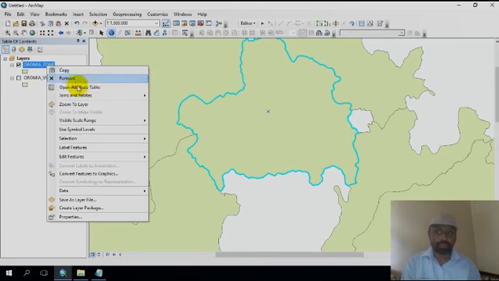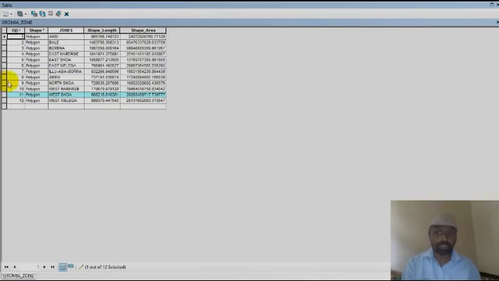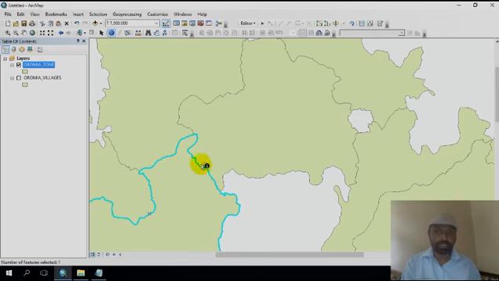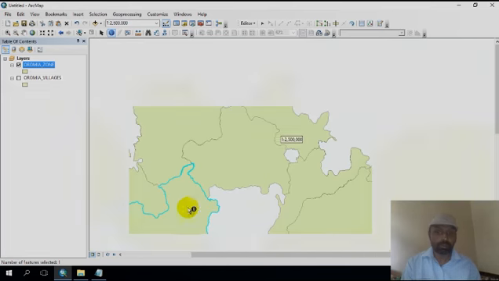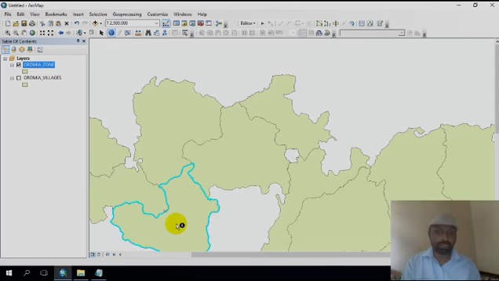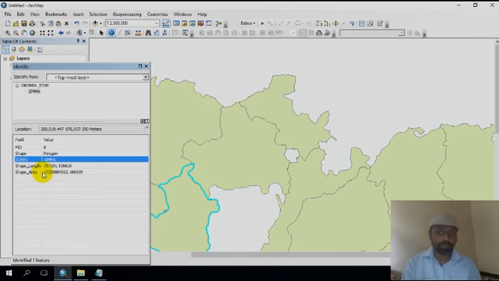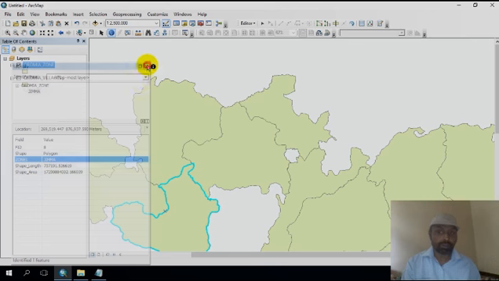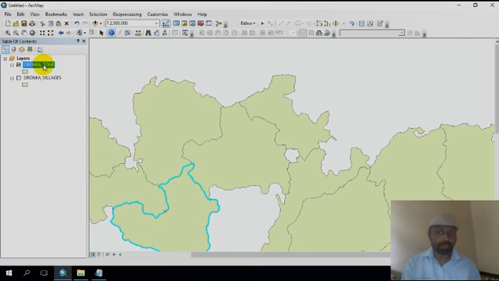Okay, here you can open the tables. Suppose I want to select the Jimma. Here it is already selected, then close it. This one is Jimma zone. See Jimma zone, just click it. It will show the Jimma. Okay, this is from the table we can select the particular feature, based on the table you can use. Okay, thank you for watching my video.